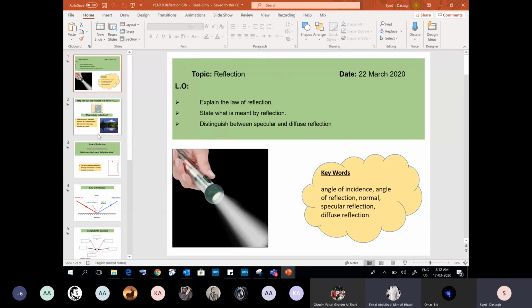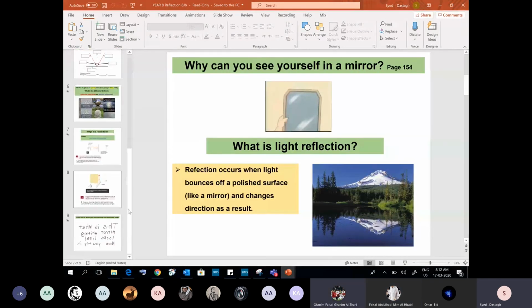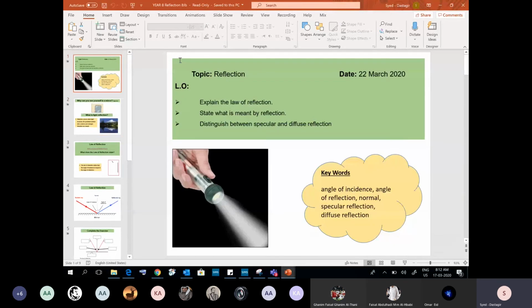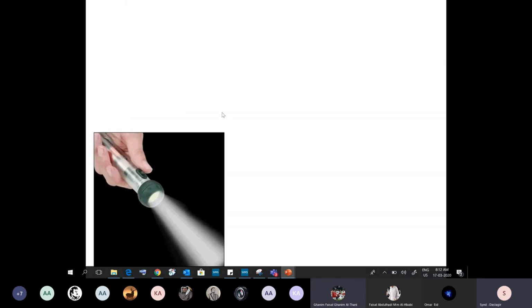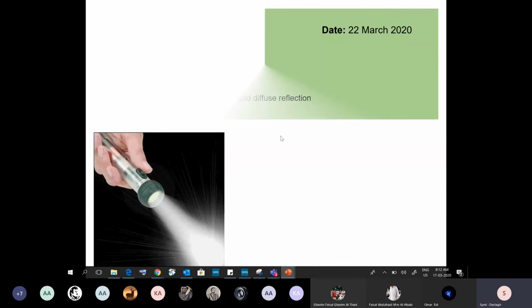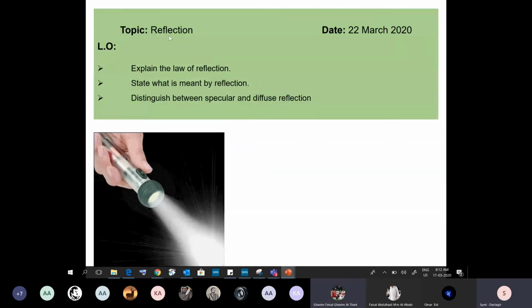So, just to go over the reflection topic, if you guys can now, in your books, hopefully everybody has their books. I just want to make sure everyone understands it. So write down reflection